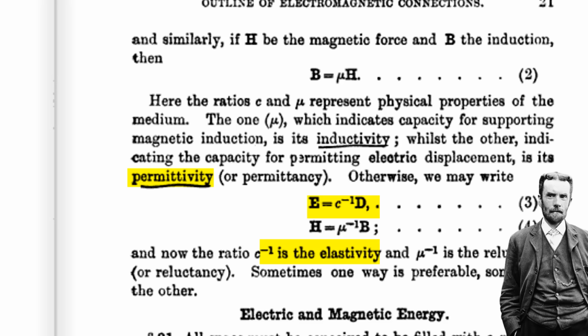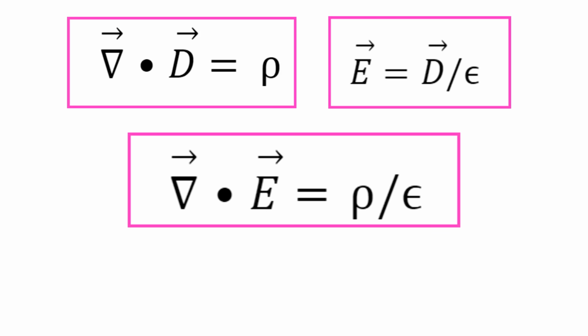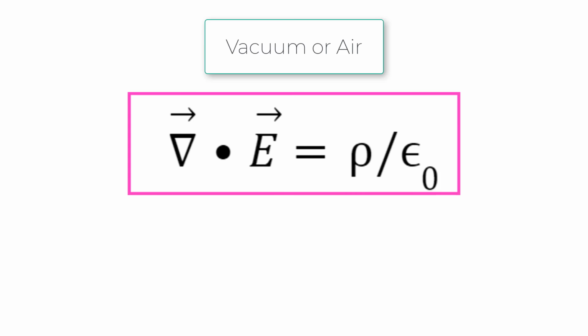If we use the Greek letter epsilon for the permittivity, where epsilon is 1 over K, then we get the electric field E is D over epsilon, which makes Gauss's law, the divergence of E equals rho over epsilon. Note that epsilon is a constant that depends on the electric properties of the medium. In the case of a vacuum or air at room temperature and pressure, where there is either no electric properties or limited electric properties, you still need a constant, epsilon naught, called the permittivity of free space, to make the